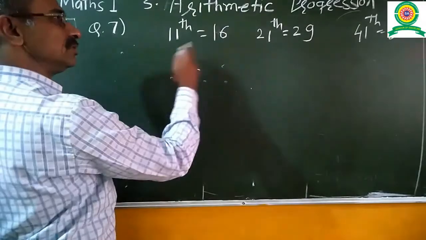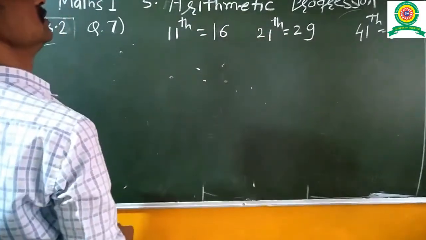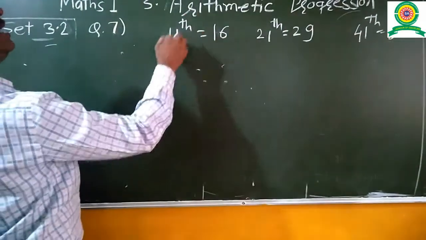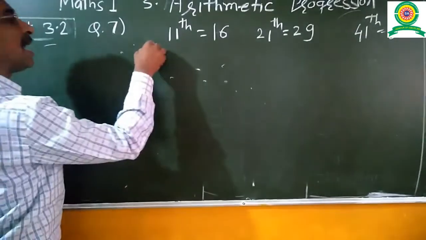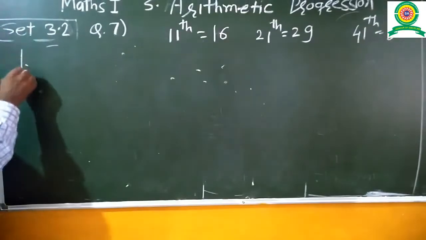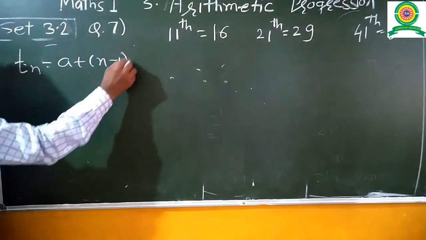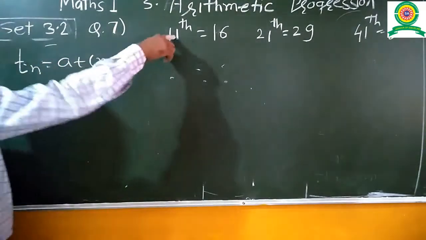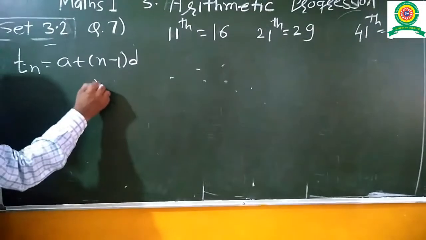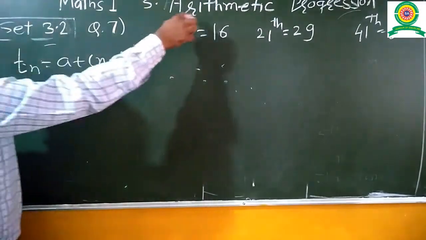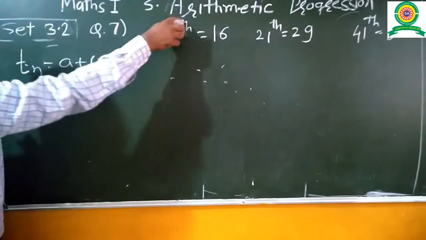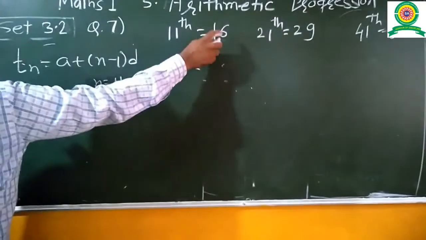So by using only this, what will be given here? Here is the 11th term. 11th term means again we are using the formula Tn is equal to A plus (N minus 1) into D. 11th term means N is equal to what? 11. What is the value? 16. Means